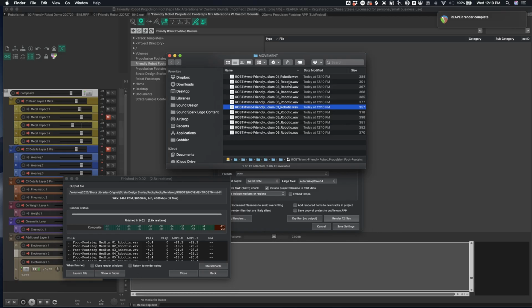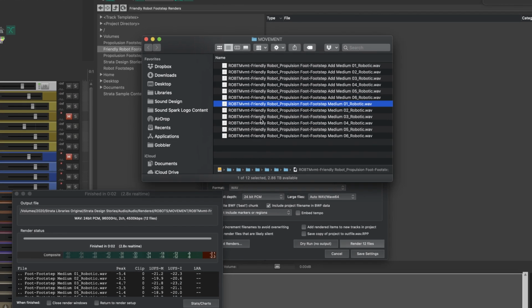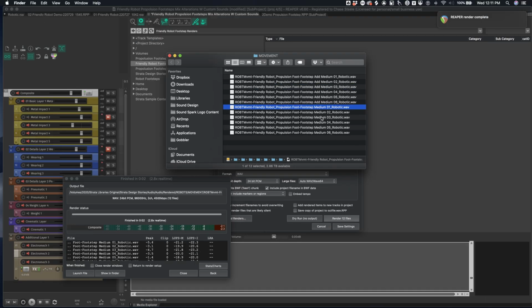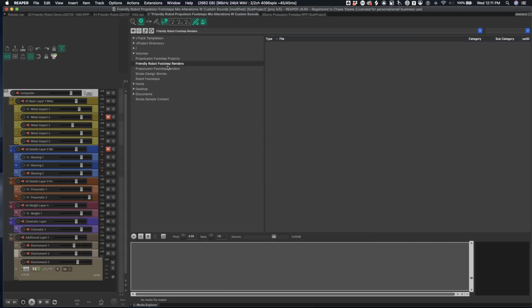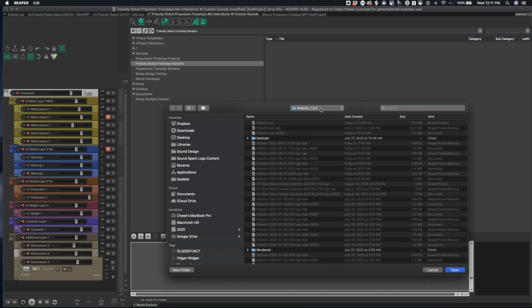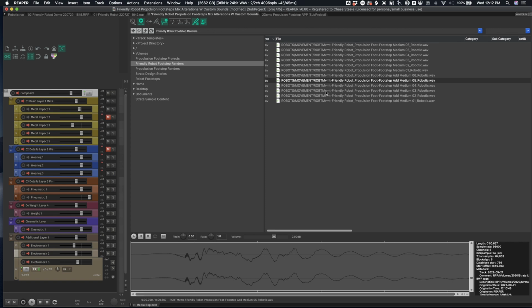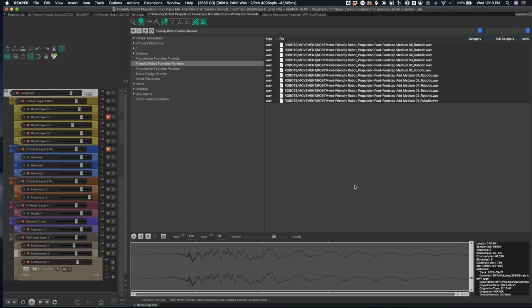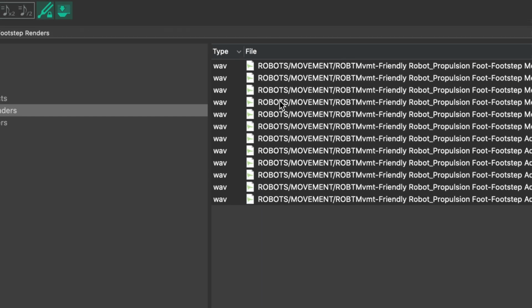And let's take a look at them in the Finder. Cool, so there they are, and you can see they have the user category that I added in myself. So I could differentiate them between other versions if I decided to render those as well. I'm going to close that. And then if I really want to be clever, I could add these to a database, a brand new database I just created. All right, cool. So there they all are. Now I could continue adding more versions as I want, obviously.